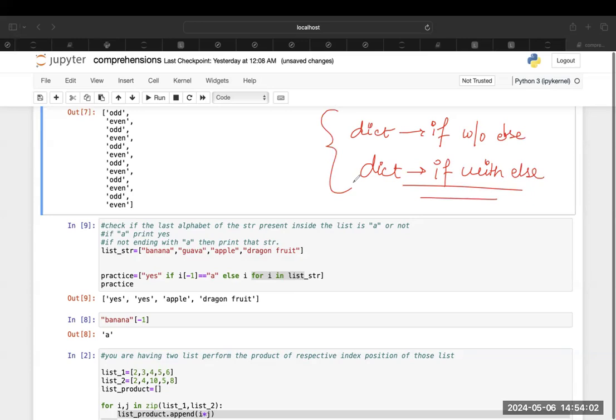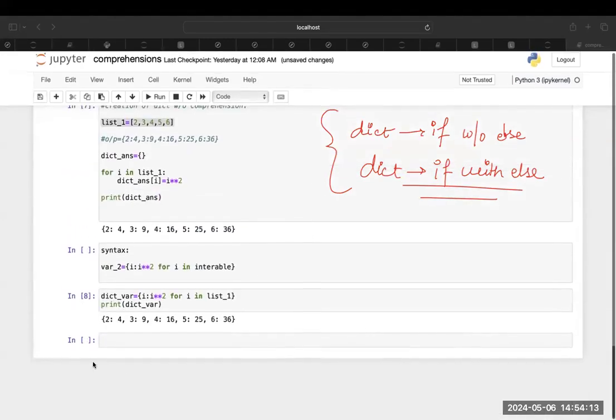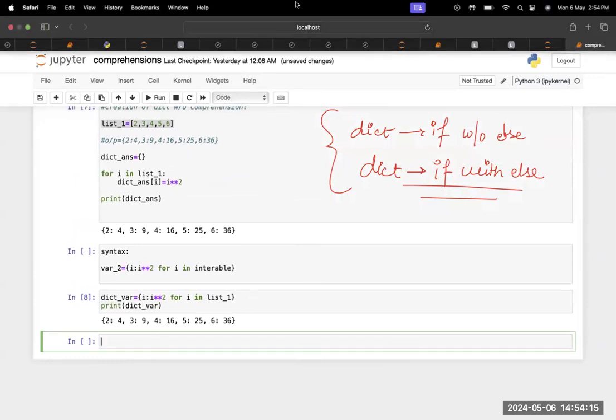So you guys have seen the syntax for the list comprehension. It is going to be similar to that of the list comprehension. No difference. Okay. So coming back to the point, let me again give you the syntax of these two implementations, and then we'll jump into the program section, or let's say practice section of comprehension. Okay. So dict comprehension for if without